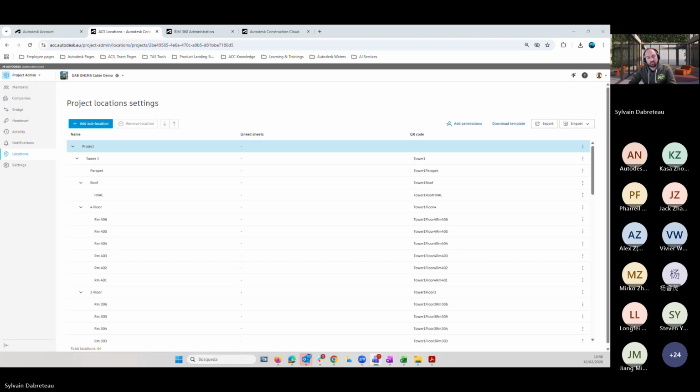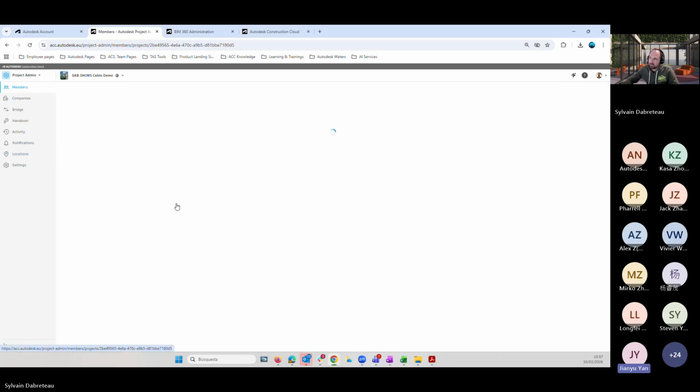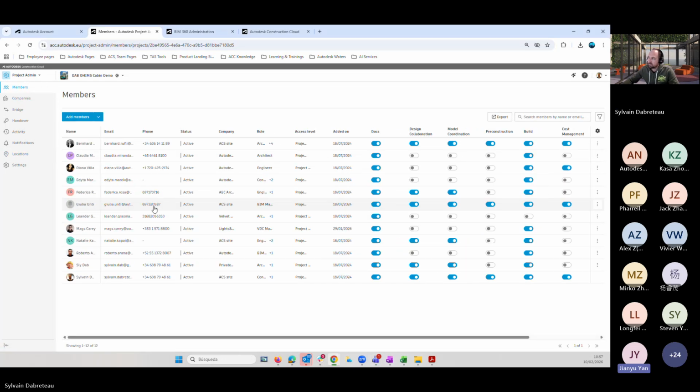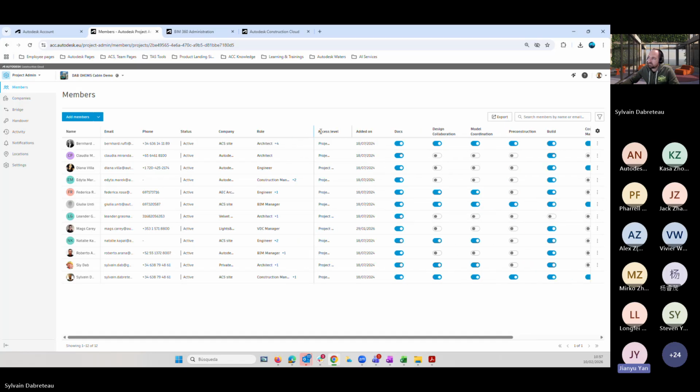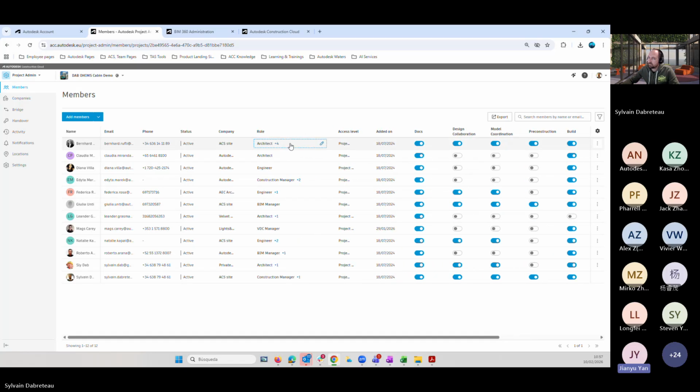I have a question. When we add new users to the ACC platform, we can assign roles, right? And then how do we modify the roles from an access level perspective? What do you mean by the access level perspective?